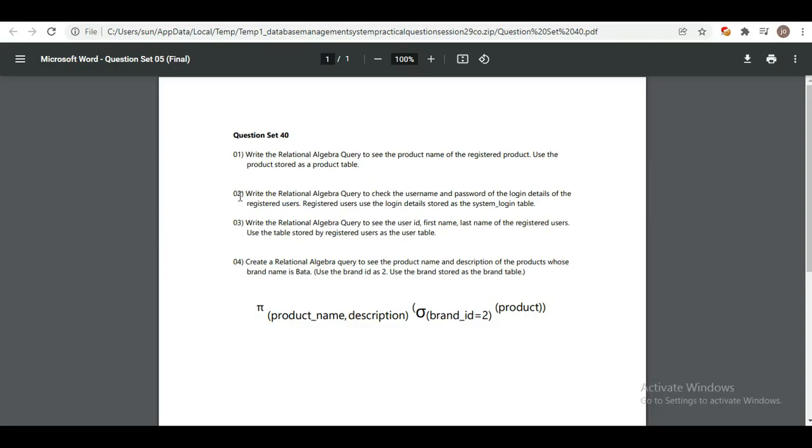And now in the second question I've been told to write the relational algebra query to check the username and password of the login details of the registered users, and to do this I need to use the system login table. So the answer for this question will look like this,